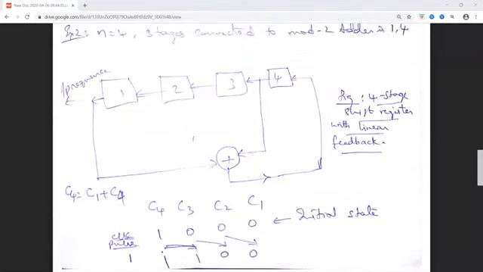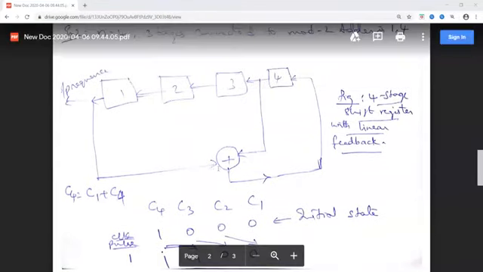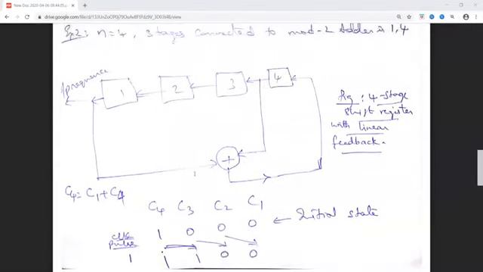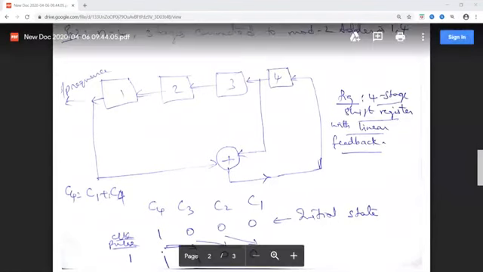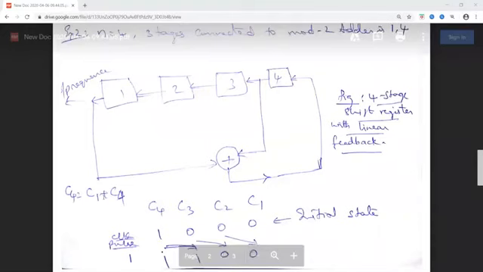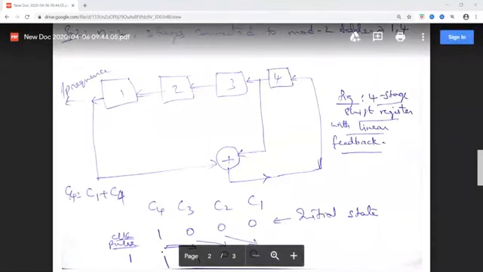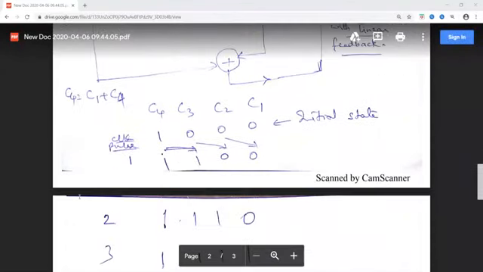For n equal to 4, you are supposed to connect flip-flop 1 and flip-flop 4 to the mod 2 addition. Is that clear? Now the output of this should go to the mth flip-flop. So the mth flip-flop here is 4. Now the output is equal to C1 mod 2 with C4. That means the previous data of C1 and C4, when you perform mod 2 between the two, you will get the latest value of C4. That is what we are going to do here.